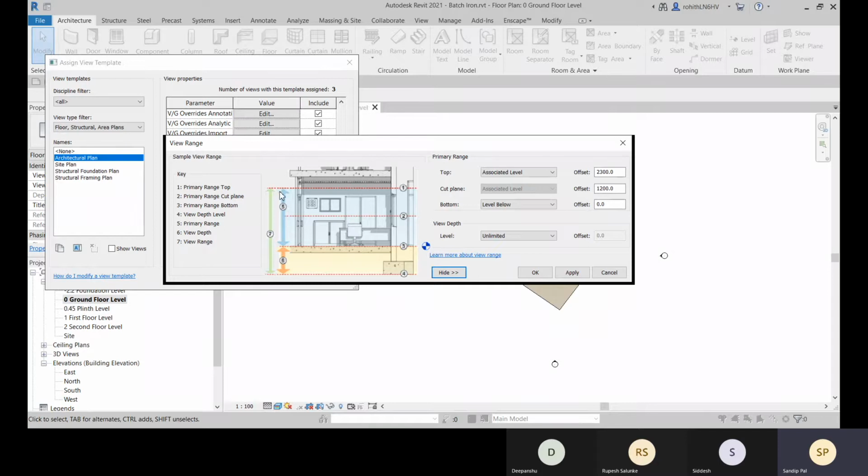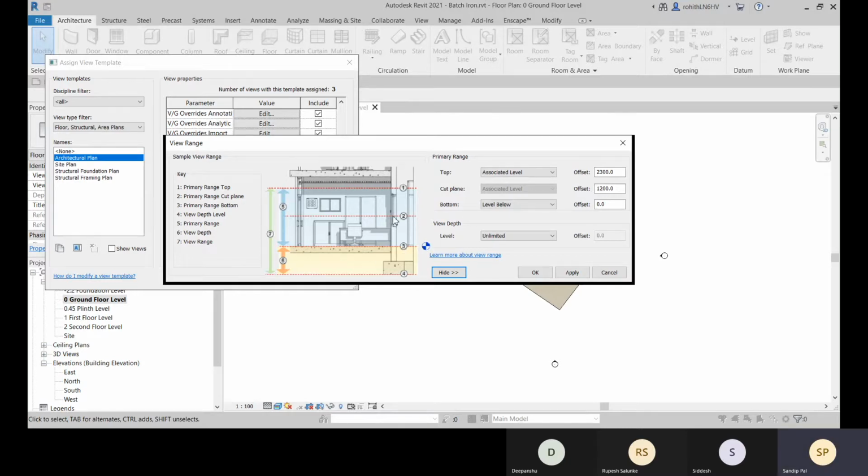So here you can see this is the five up, this five, including this 1, 2, and 3 planes. This is your primary range, and we have this imaginary plane. The primary range top, the 2 is your cut plane, and 3 is your bottom plane.